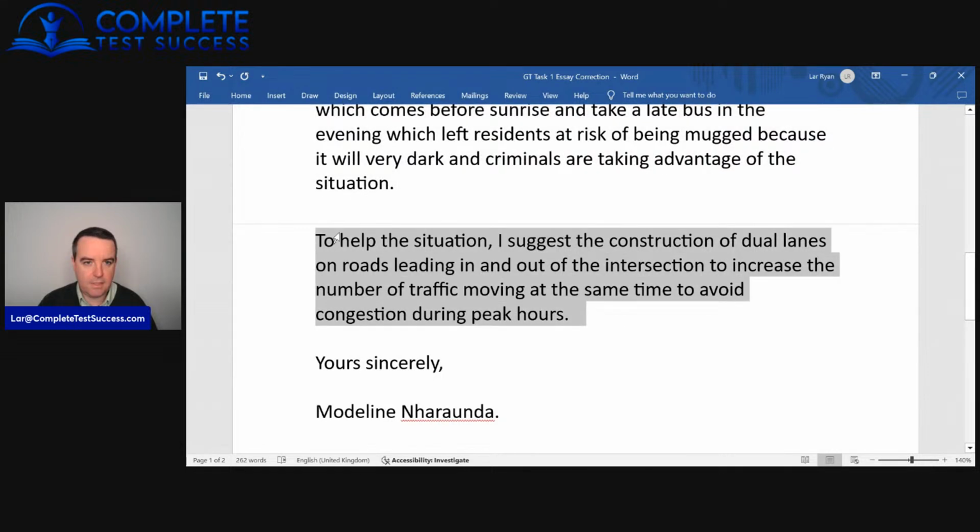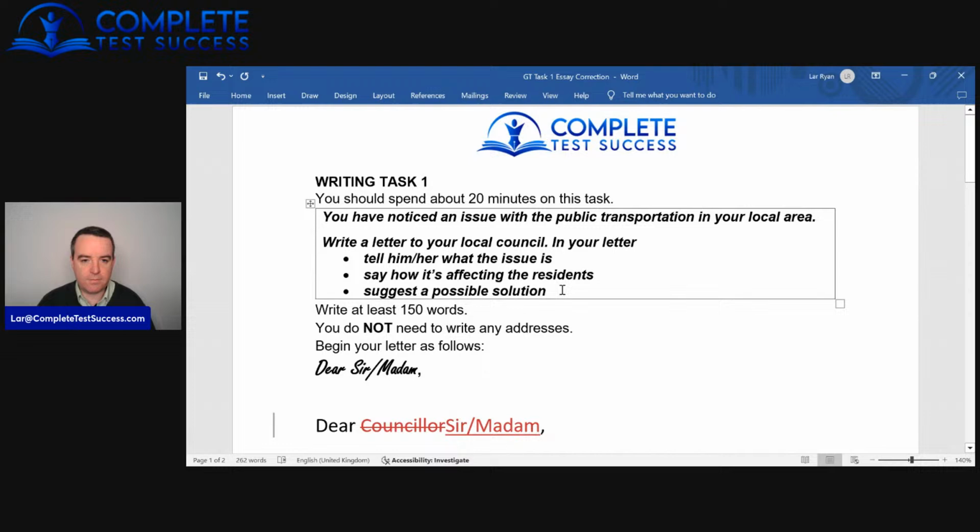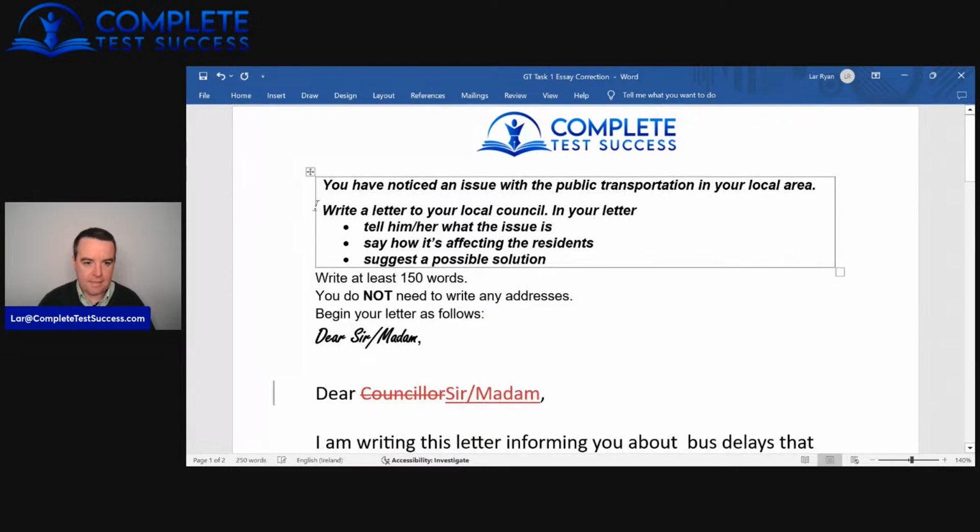And the last one might be a little bit short. 37. And that would restrict the task achievement score because you have to fully develop each of the prompts. So if you've kind of discussed it and developed it a little bit, that's not enough for a higher task achievement score. So the development looks like it's a little bit short for the last prompt, the one to suggest a possible solution. Okay, so I'm just going to tidy up this question here. I'm going to delete all of the instructions because we don't really need to look at that any longer.